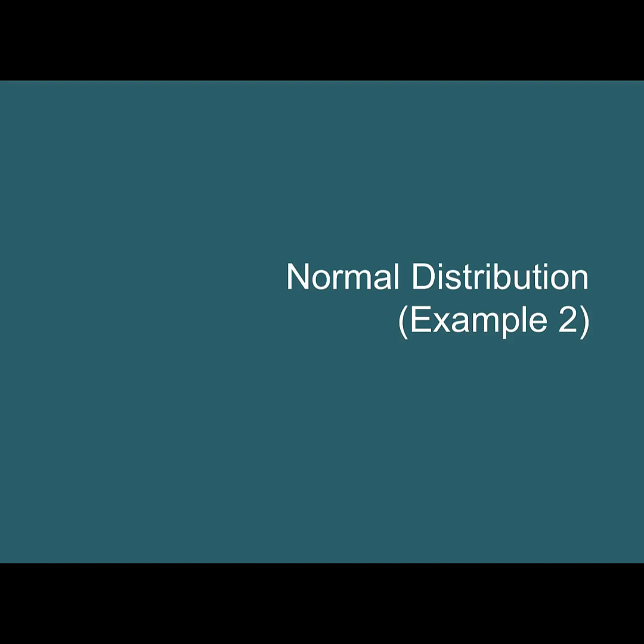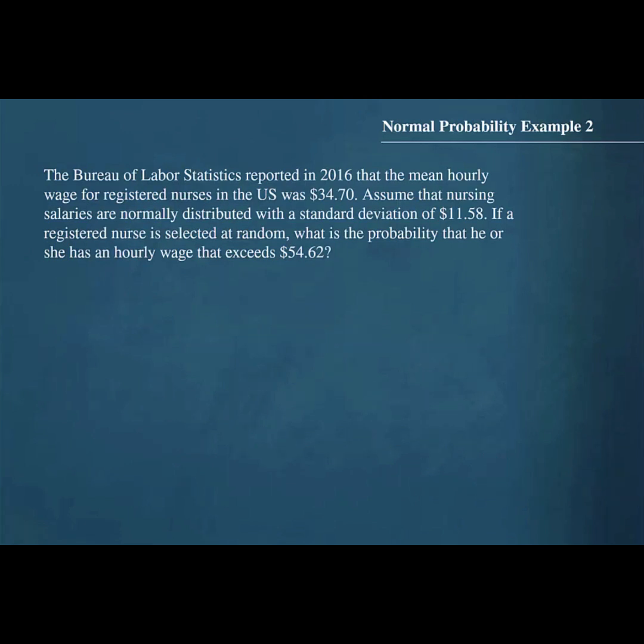Normal distribution, example 2. The Bureau of Labor Statistics reported in 2016 that the mean hourly wage for registered nurses in the U.S. was $34.70. Assume that nursing salaries are normally distributed with a standard deviation of $11.58. If a registered nurse is selected at random, what is the probability that he or she has an hourly wage that exceeds